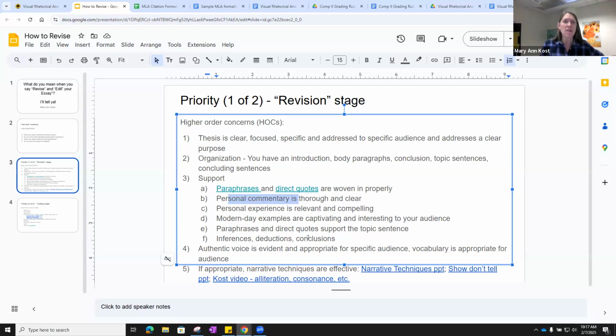Paraphrase, we already did that. And then your interpretation of what seems to be persuasive. The other thing that you are expected to pull in is content from 2 different sources. Your video is not one of those sources.